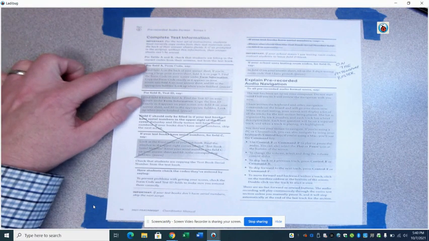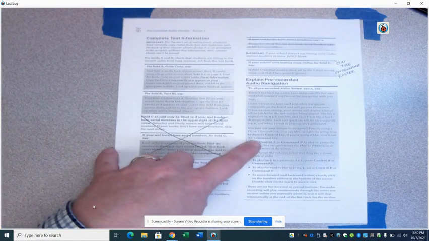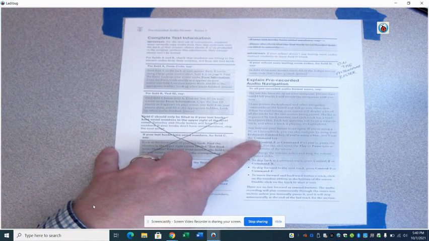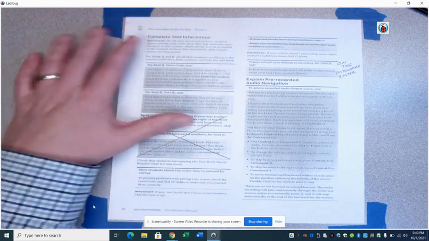Form code, test ID, it's important that they get these correct. They won't have a serial number to put on because that's something that we don't have in this test. You're going to explain the pre-recorded audio navigation. Oh, sorry, I skipped this. This is the room code that's on the attendance roster. Make sure you record that as well.